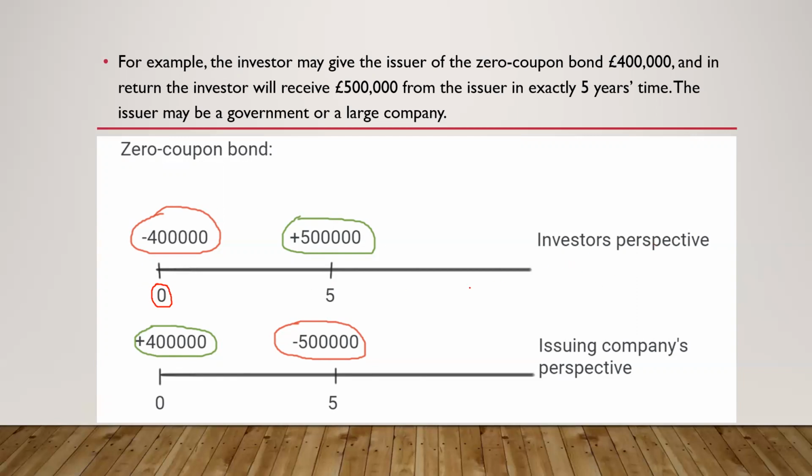Whereas if you look at that same problem from the issuer's perspective, it is the reverse. How? Since the issuer is issuing a debt instrument, he is receiving the money. So that will be a positive cash flow for him in the beginning. And at the end, he has to pay back the investor the 5 lakh GBP as asked in the question. So that 5 lakh is a negative cash flow for the issuer at the end of the 5th year. So this is a zero coupon bond having only 2 sets of payments, one at the beginning of the year and one at the end of the tenure, you can say.